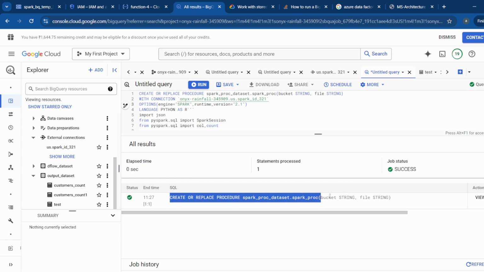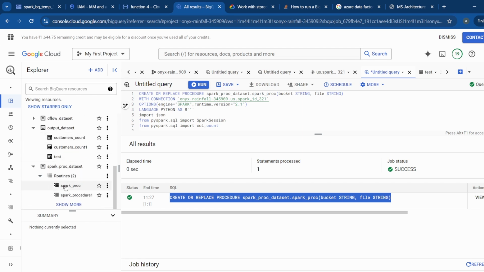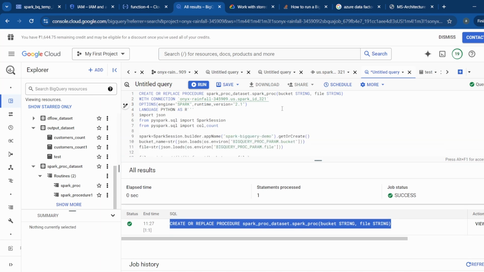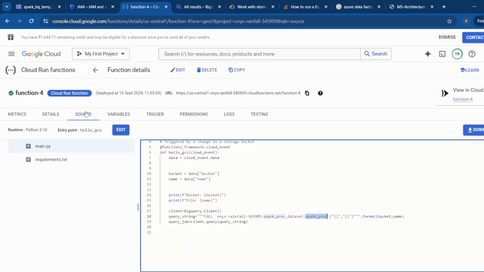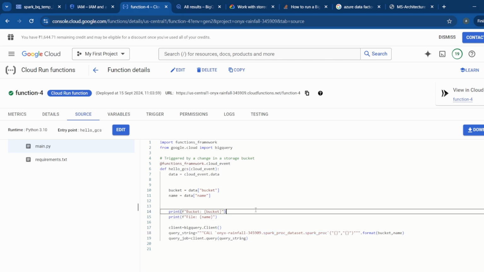So this Spark procedure is created. You can see it here in this Spark proc data set. Now what I need to do is go to the service I have created as a cloud function. This cloud function is calling the BigQuery Spark procedure, so I need to give some roles, some access, to the service account